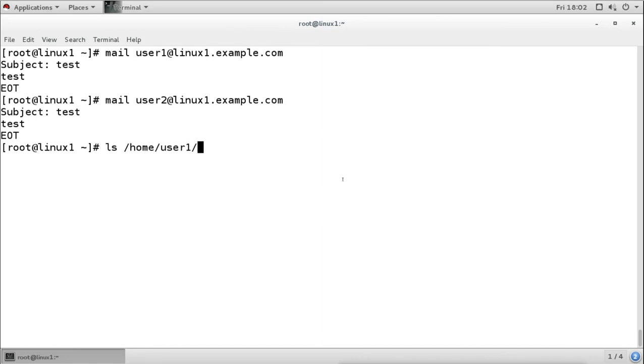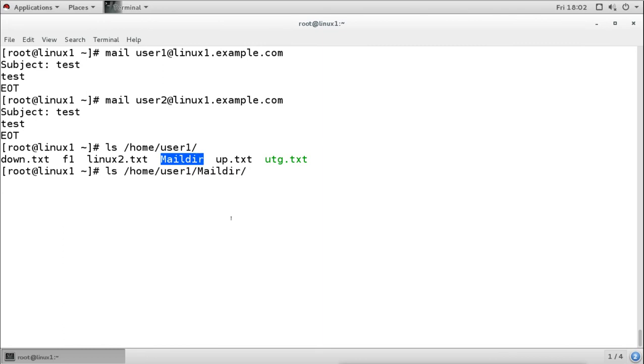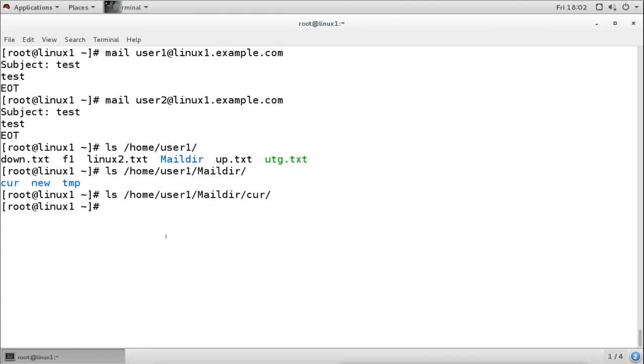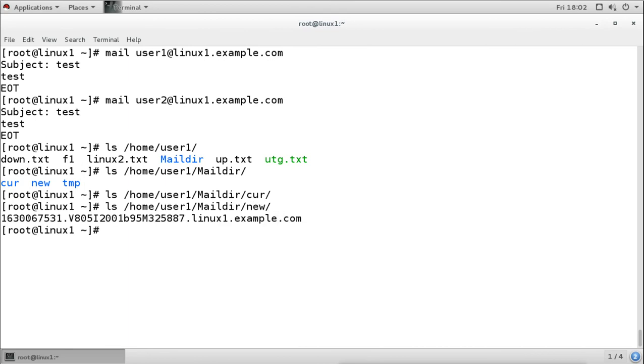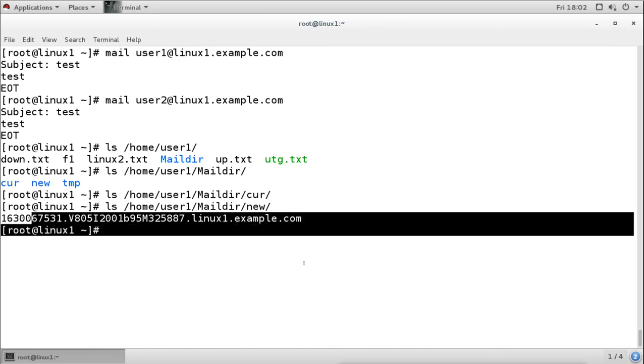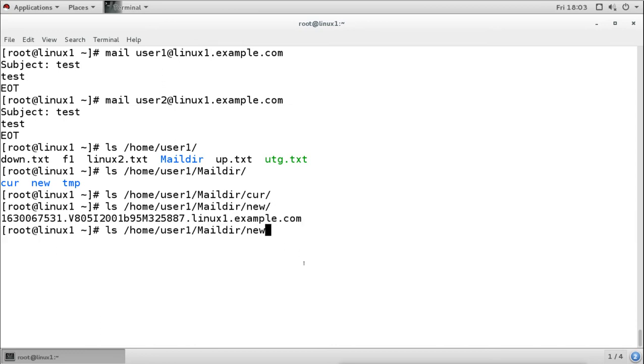Now we can see that the directory is created here. That means the user's mail is now going into this directory. It is created automatically. Now we can check the directory here. So we can see the mails are there now: current mail, new mail, and temporary mail. If you see the current mail, no. In new mail, we have one mail here, the mail which we have sent from the user account root. Also we can check user 2, to which we have sent the mail. So we can see the directory is also created here. So our configuration is working.